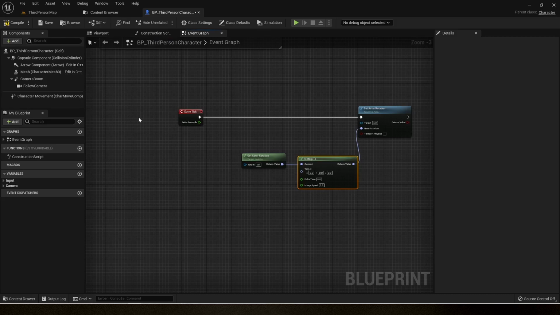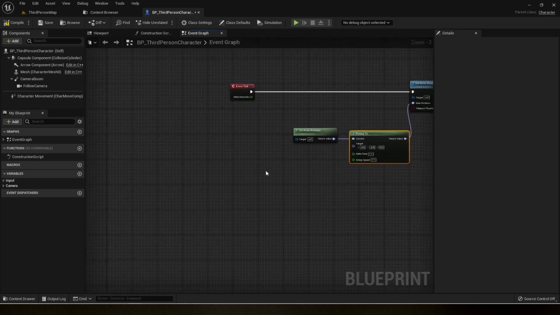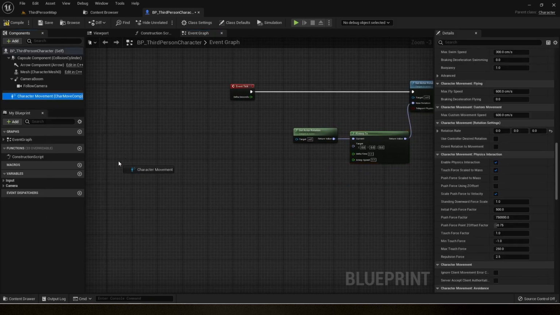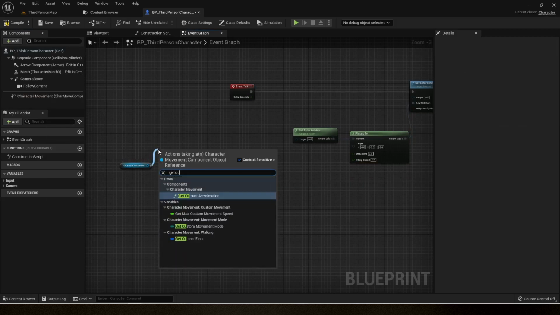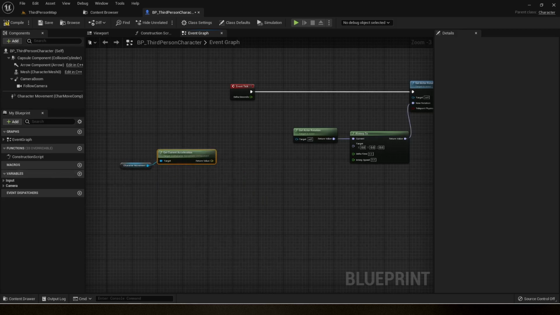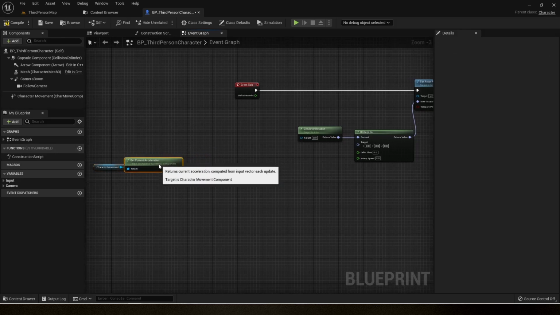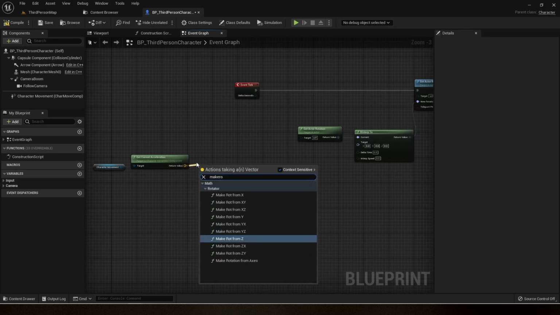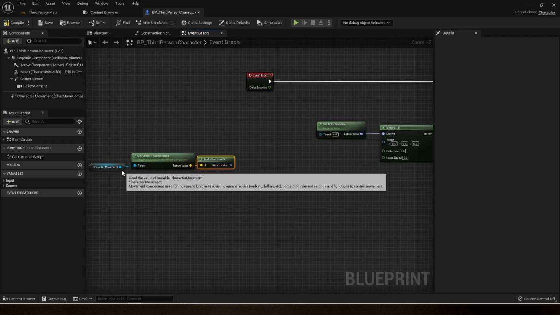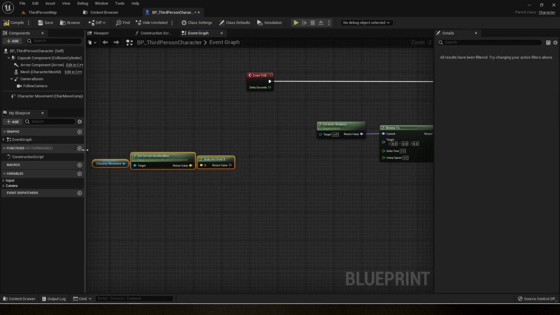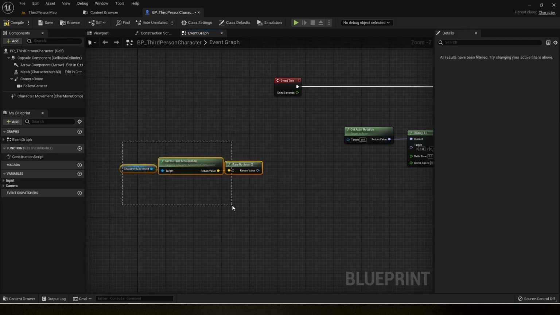first I'm going to get my character movement component. I'm going to get the current acceleration value, get current acceleration, and make rotation from X. This will give me the forward rotation of my current acceleration value,